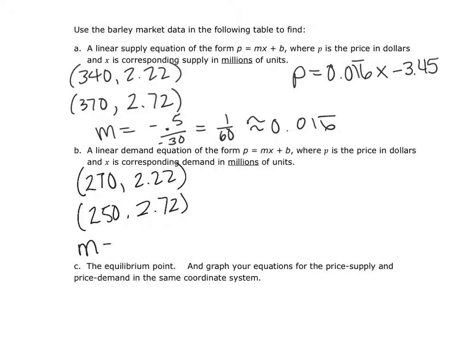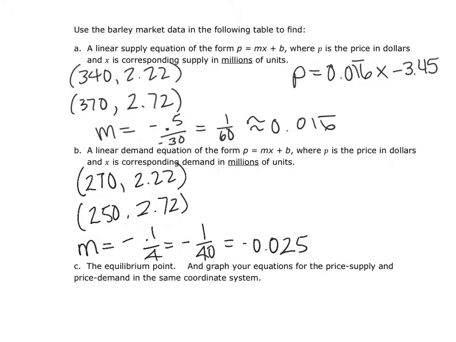When I did this one, my slope ended up being a negative, and I got negative 0.1 over 4. In other words, this is a negative 1 over 40, and if you want to write it in a decimal form, this is equal to negative